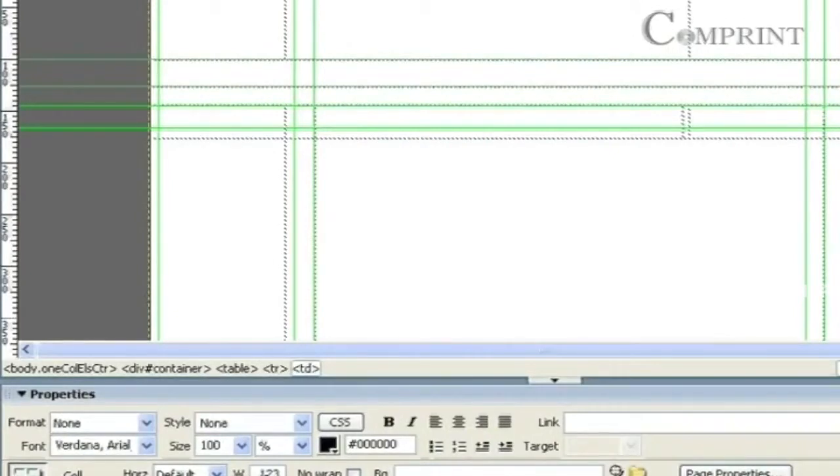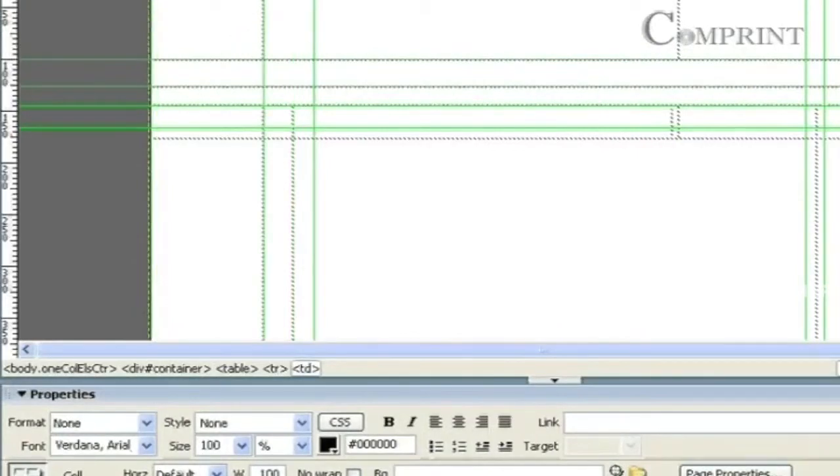Now, I want the cell to be in 100 by 100 size. So, I'm going to change the width of the cell from 123 to 100. Now, here we have got the cell size 100 by 100.